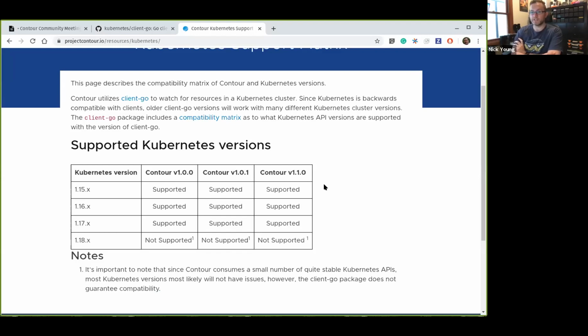That will actually change at some point, because at some point we're going to need to move the Contour HTTPProxy CRD to the GA CRD spec. Once we do that, we do put a hard limit on 116, because about 114 or 116 was when the GA CRD spec first came in. Once we change our CRDs to that, it won't work unless you're running on it. That will be the minimum version. And we do need to do that for reasons. Yep. So I'll take a note to update this page for 118 and get an answer for 118.